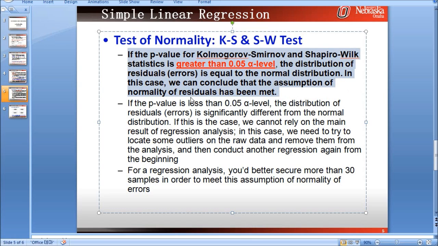In this case, we can conclude that the assumption of normality of residuals or assumption of normality of estimation errors has been satisfied.